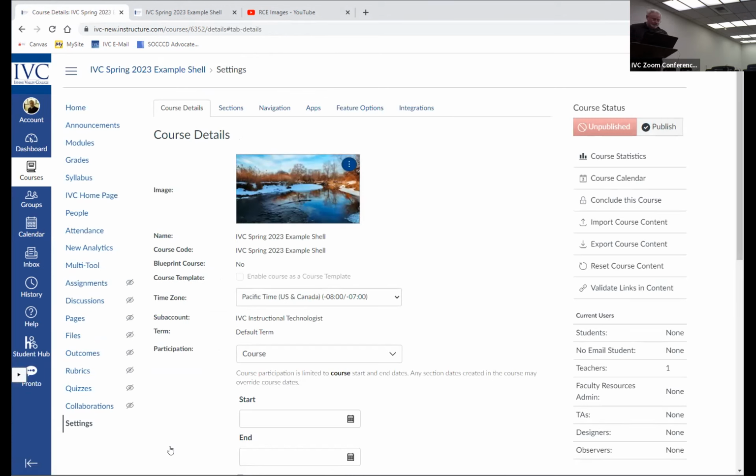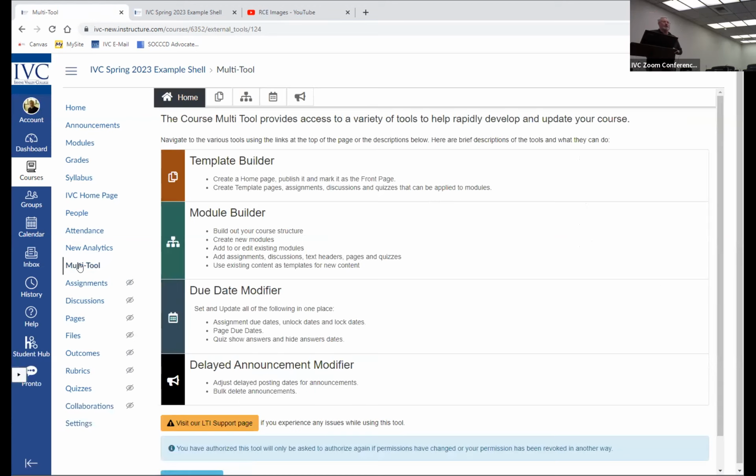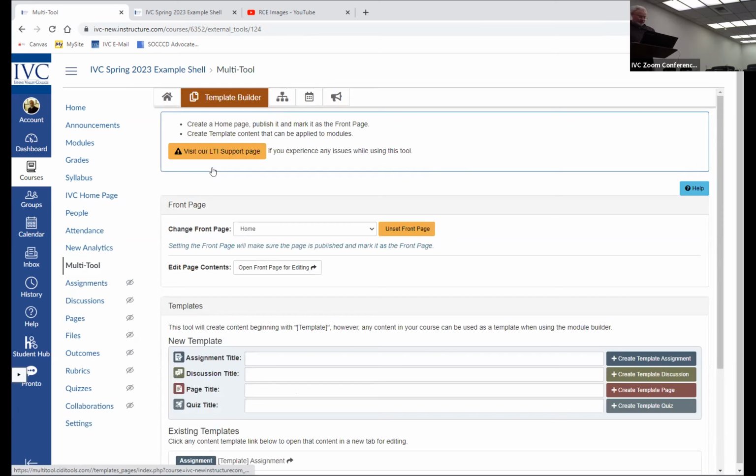I shouldn't. So now that I've created it, put it in here, it's here on the left, and I can click on it. And multi-tool's got a couple of different features. We're really only going to look at the first two today. And we'll spend more time on the very first one, because that's going to be the most important. That is the template builder. And then we'll get into the module builder after that. So template builder, it literally is going to do exactly what it says, build templates. So if you take a look,